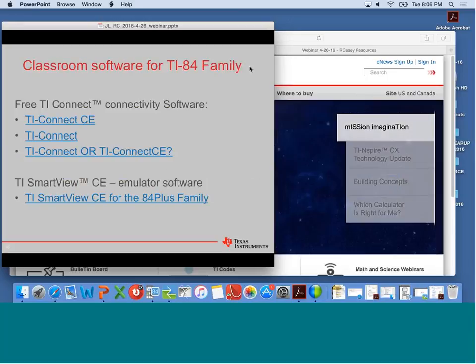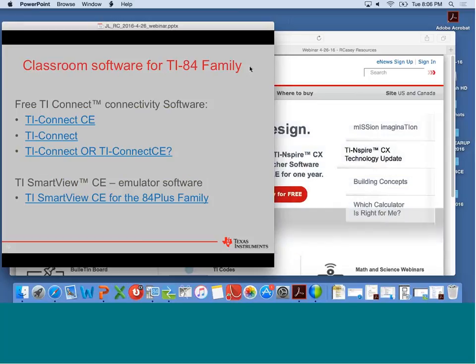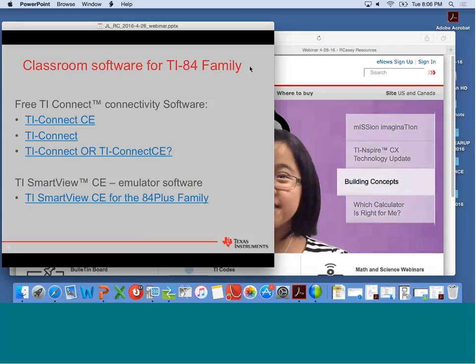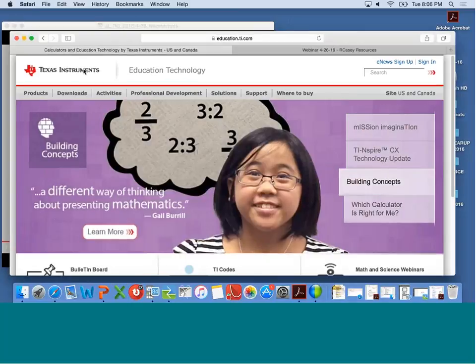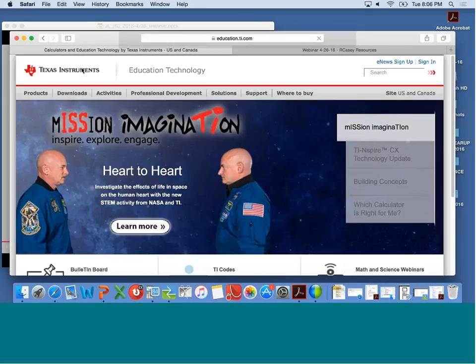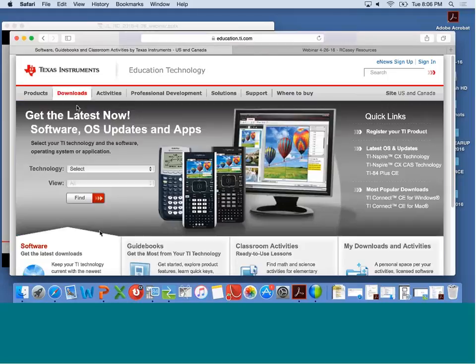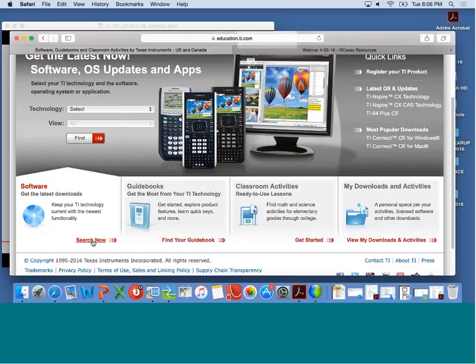So, classroom software for the TI Plus family. We are going to be looking at the free software, TI Connect, and a couple of versions of that. In the document that I just referenced, the ones that you can get from that website or from the files that Michael sends you, there are links to take you to where we can learn more about it. I'm going to go right there now. This is the education home site from TI. Under downloads, if you go here and then software,